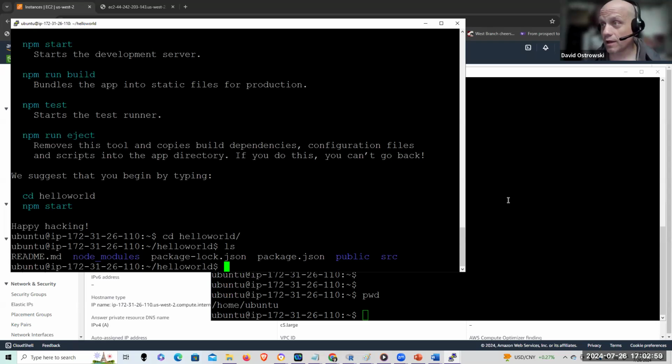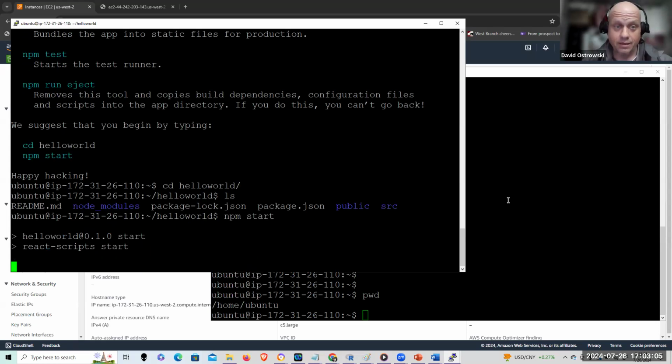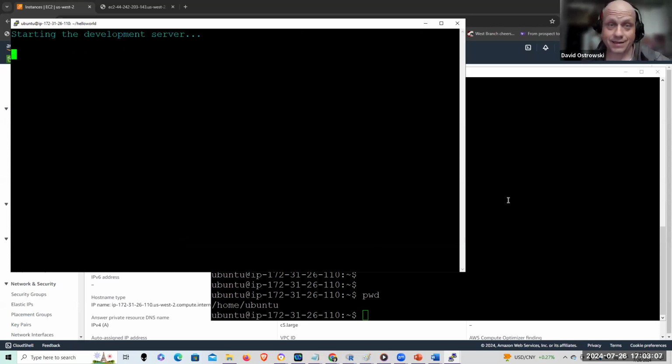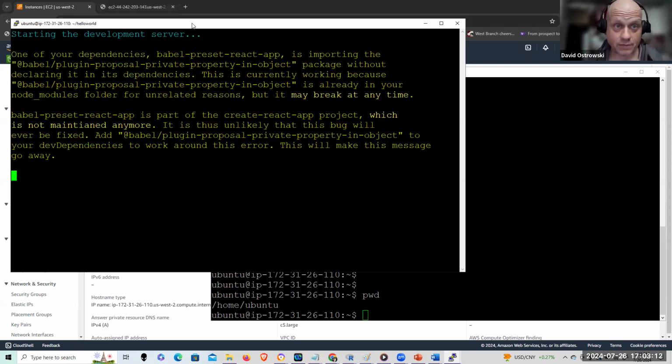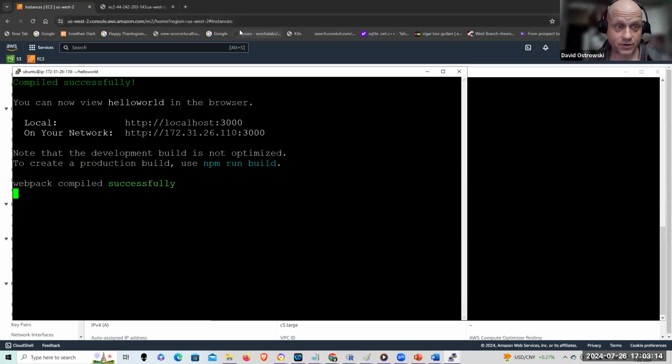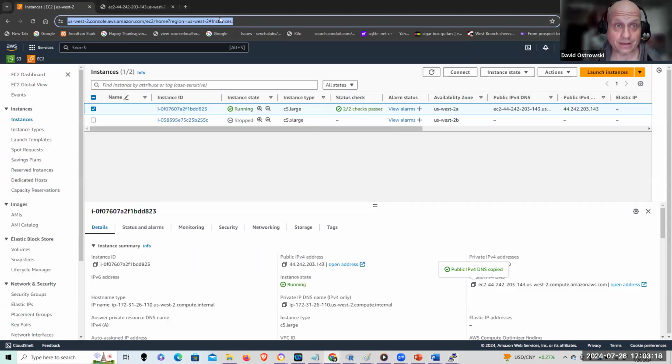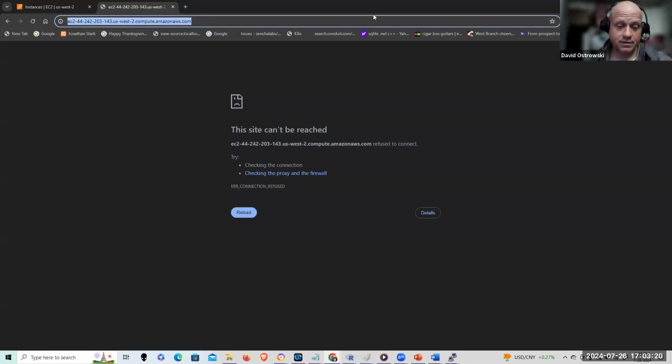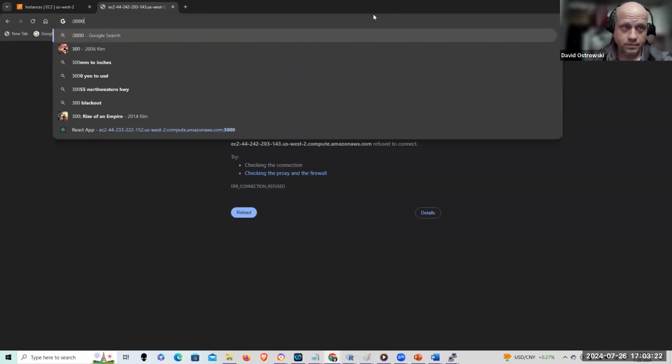So here I can test my installation just by doing the npm start. And I could even just run it as that. Now, you don't have to if you have a high level of confidence, but I'm just going to run through that real quick. It's not going to take us very long. So it builds its own hello world, and I can take my DNS here, and I can go to the,